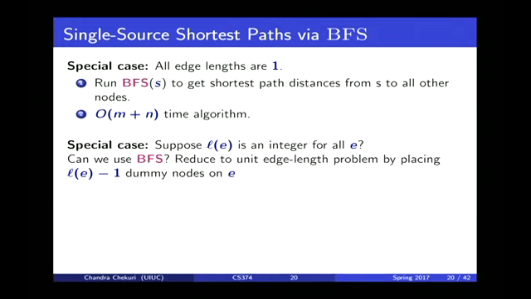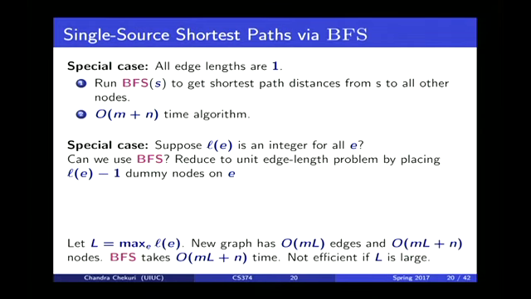The only catch is efficiency, right? If the edge is of length 10,000, you're in trouble, right? You have to put 10,000 new vertices for every edge. That's slow, right? So the problem with this reduction is only that it's inefficient, not that conceptually it is not the right thing to do, right? Okay, so